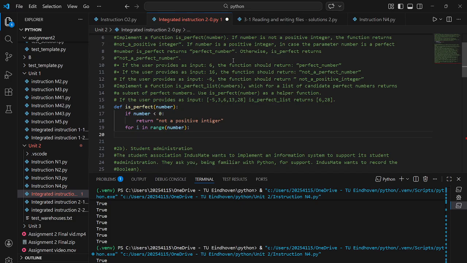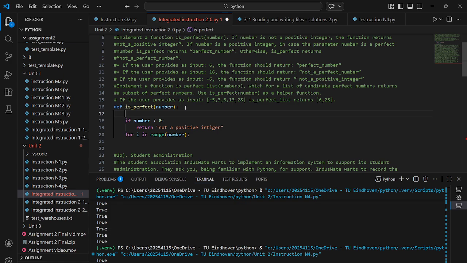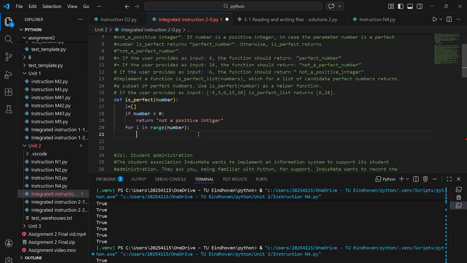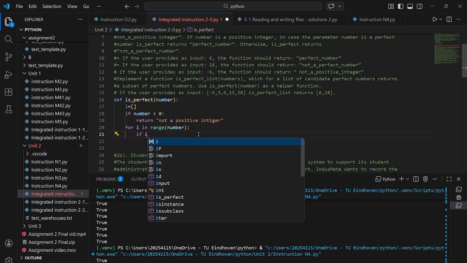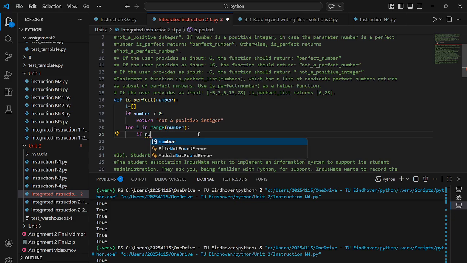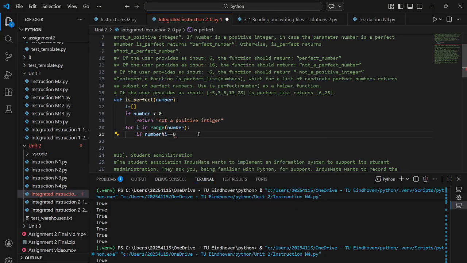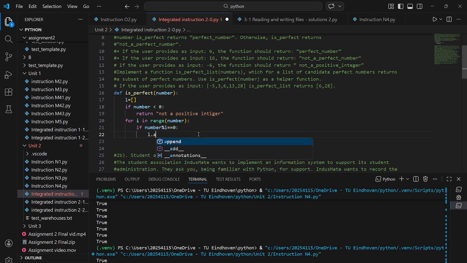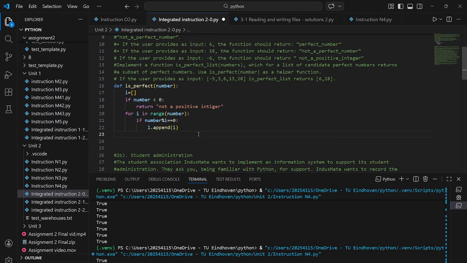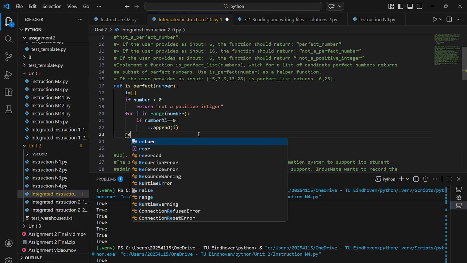For i in range number, and then we can create a new list called L. And then if number, I think this is called modulus, i is equal to 0. So if the remainder is 0, then L dot append i. And this for loop is just going to do everything for us, and we just want to return